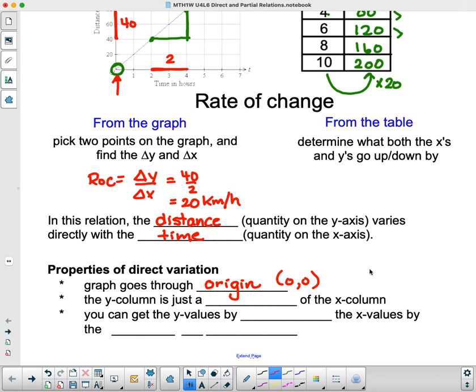The y column is just a multiple of the x column. So that's what we found here. It was a multiple. We multiplied by 20. And you can get the y values by multiplying,